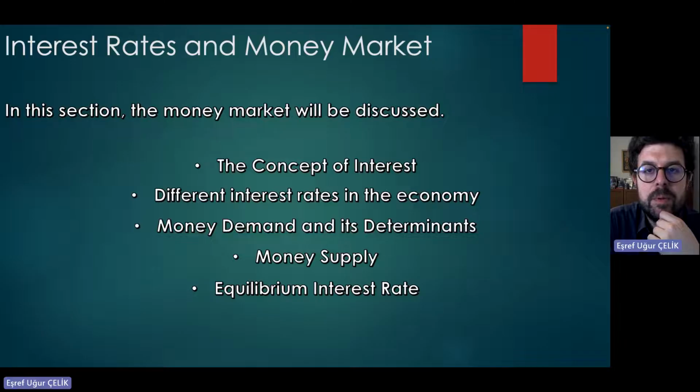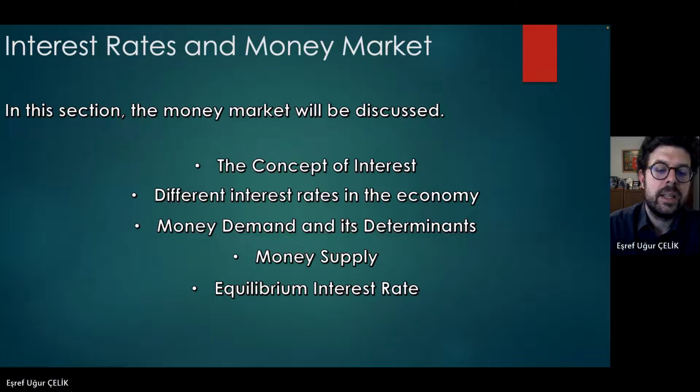Maybe you can remember from the previous term, demand and supply. When we look at demand and supply, we try to find the equilibrium. Also, we focus on this term. Today, we look at the money demand and money supply. It looks like demand and supply. After looking at the money demand and money supply, we see the equilibrium by the intersection point of money demand and money supply. That is called the equilibrium interest rate.